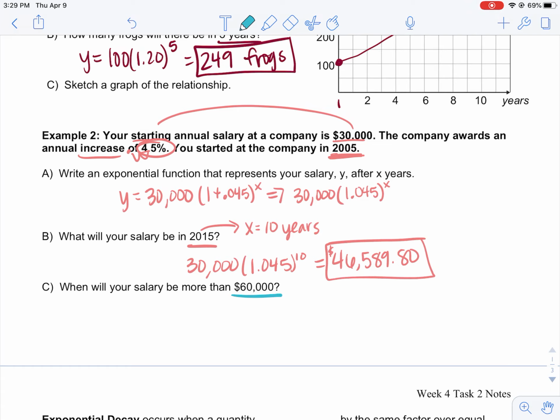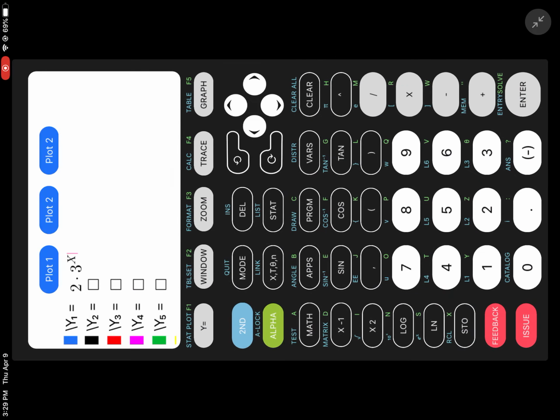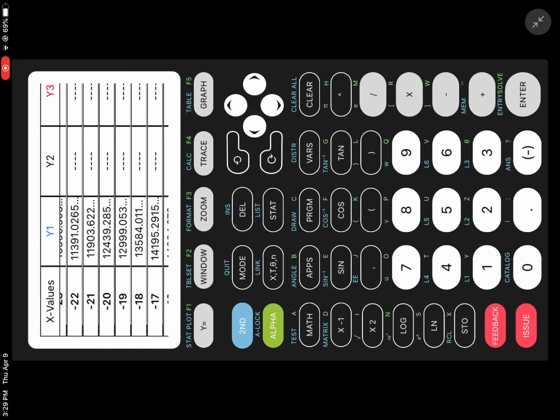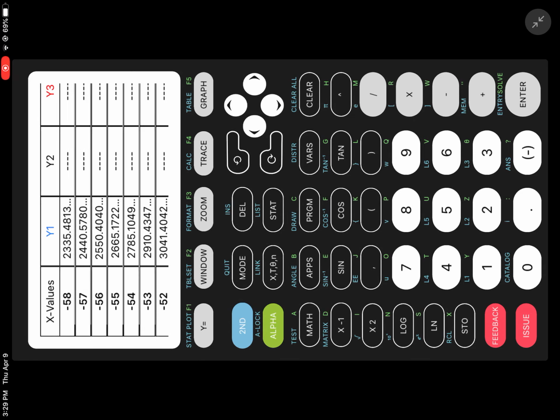Then they want to know, when will your salary be more than $60,000? So the easiest way that you can do to solve this problem is to put in y equals 30,000 times 1.045 to the x, and then use the table function to go find that value. So y equals 30,000 times 1.045 raised to the x, and then second table, I'm going to scroll until my y values,